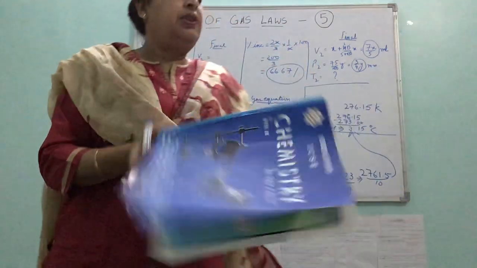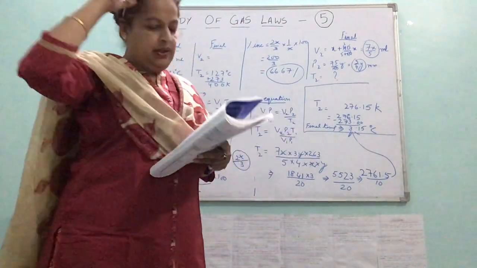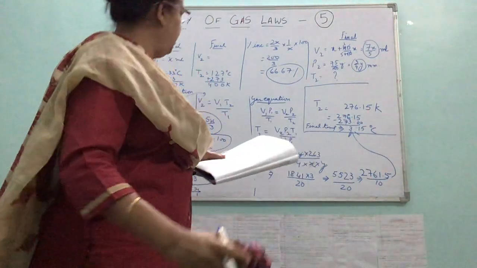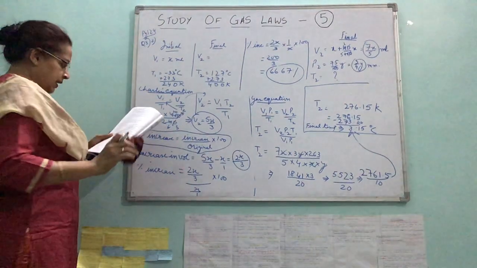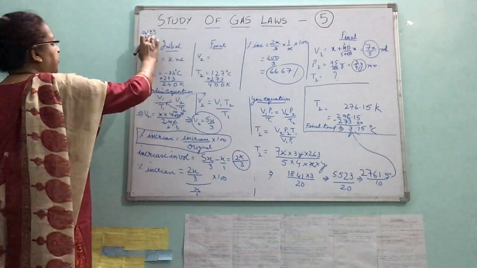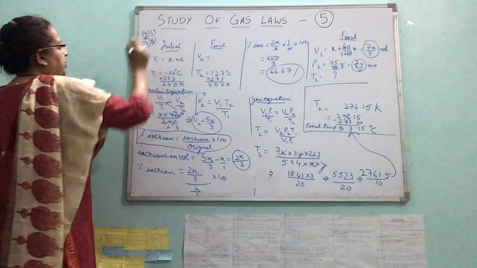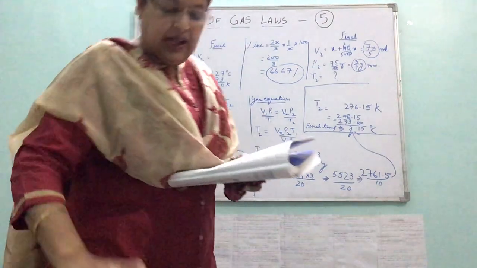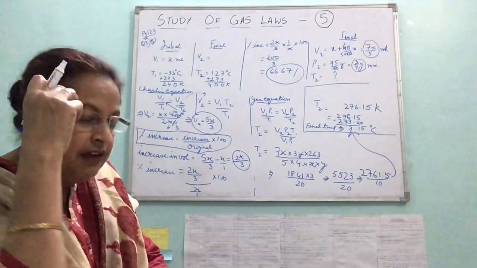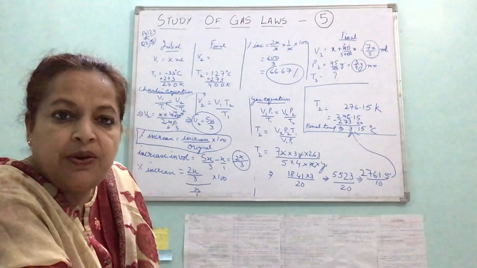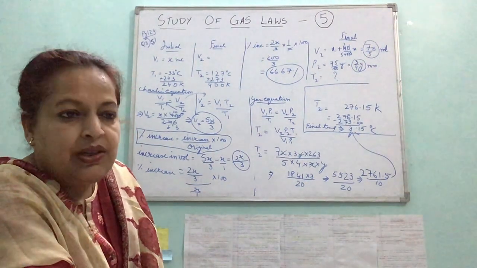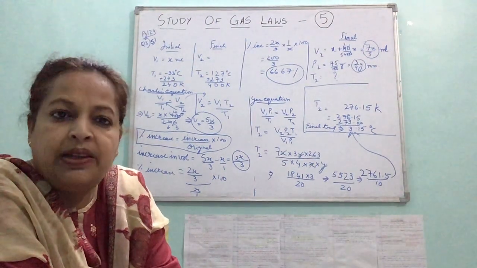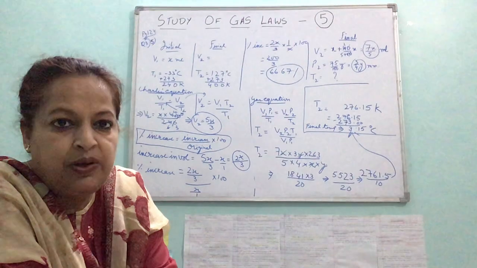Now I just want to discuss one more question with you all, question number 5. I'll read it for you all. A gas X is collected over water. Now when any gas is collected over water, some water vapor would also be added to that, right? So it would not be a dry gas. So the pressure exerted would be by the gas molecules and also by the water vapor molecules.